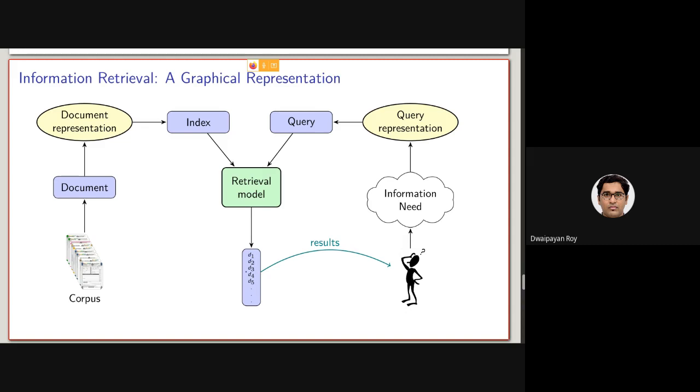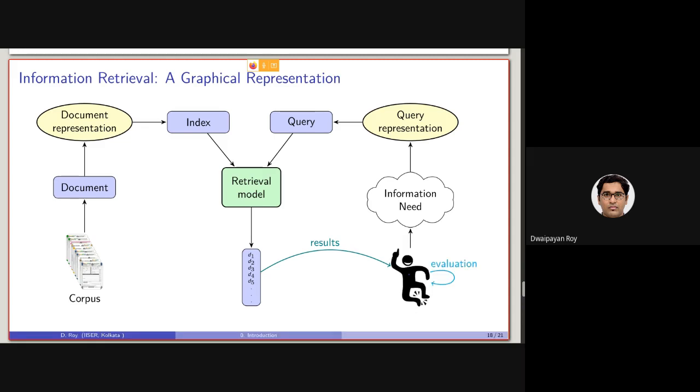So these Ds are basically the documents from this corpus. So from this corpus, these documents will be returned back to the user with the expectation that it will be satisfying the information need of the user.